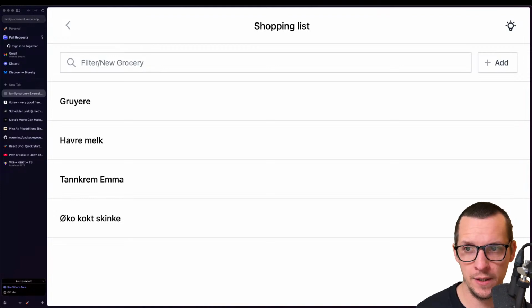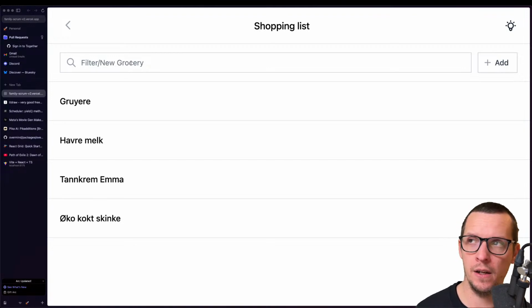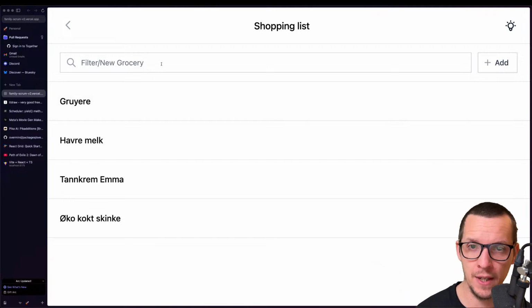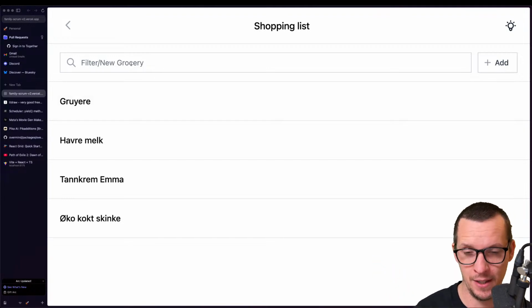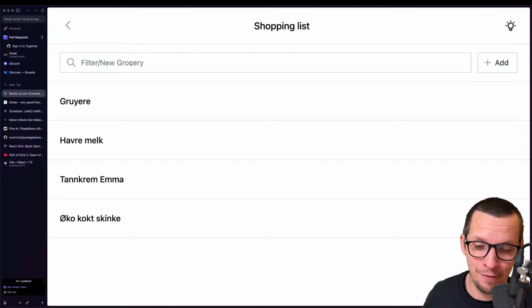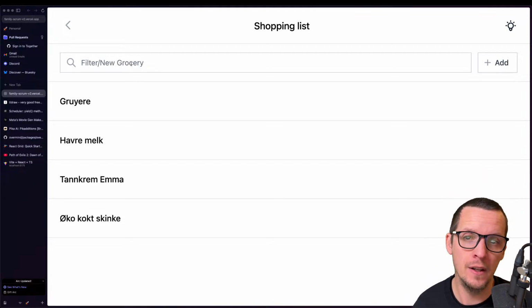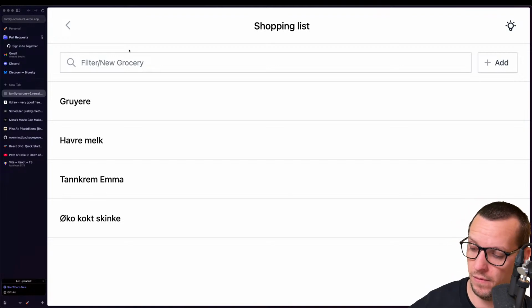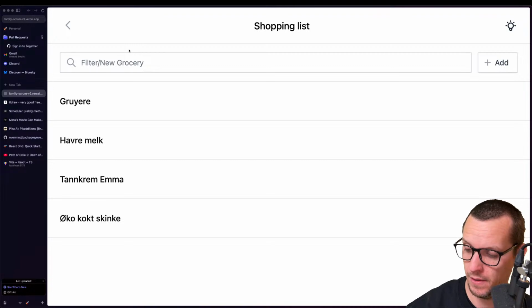You could even have the input itself, so when the input changes, you would have a computed of the input and the groceries. So this is the list of groceries, which is a computed of all available groceries and the filter. You would just put everything in there. And that's how my mental model has been